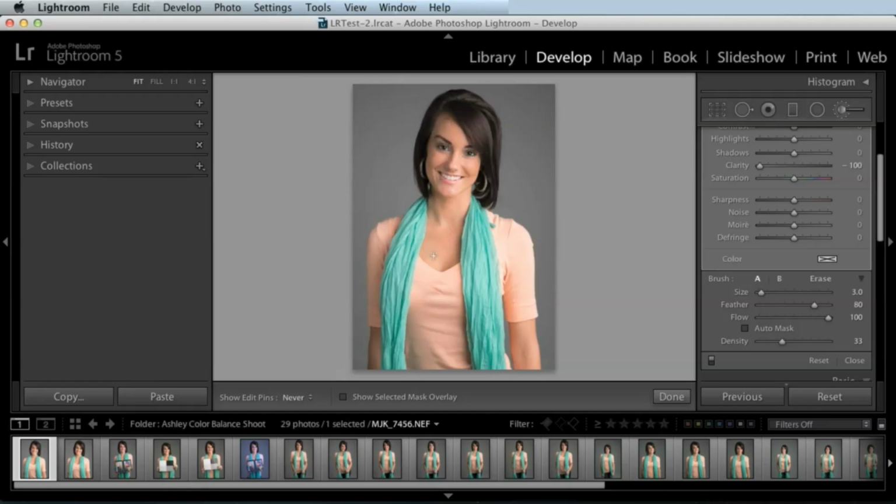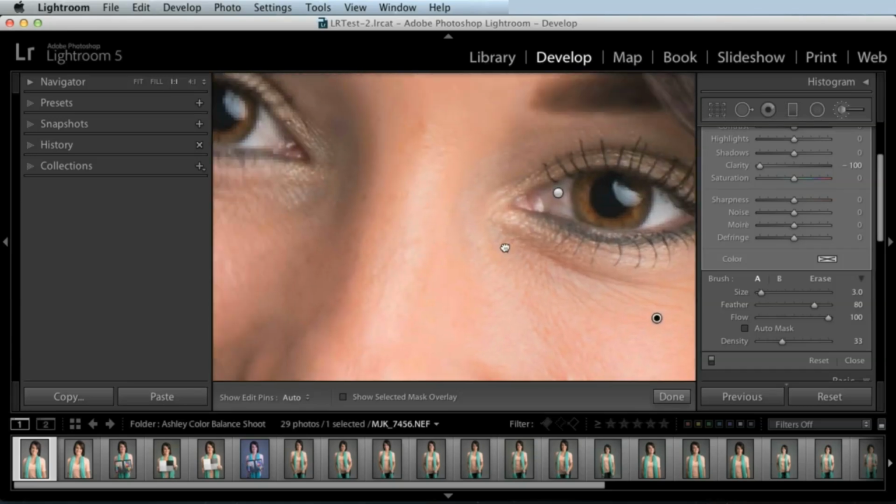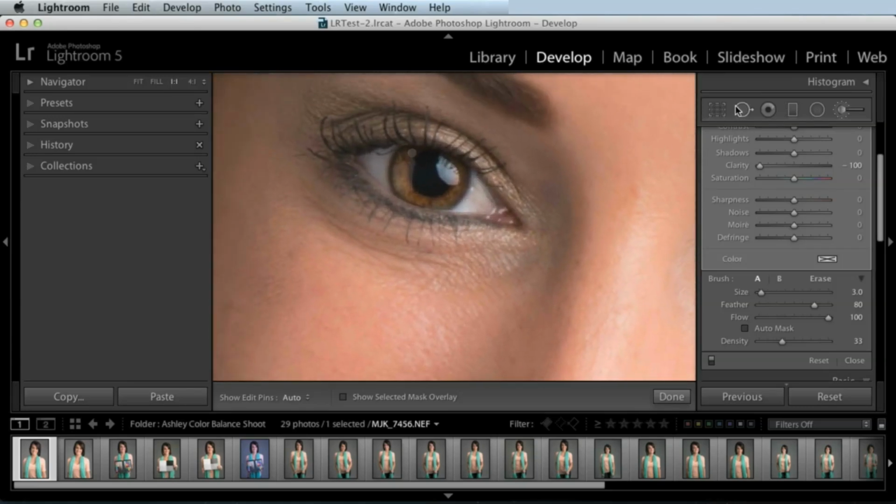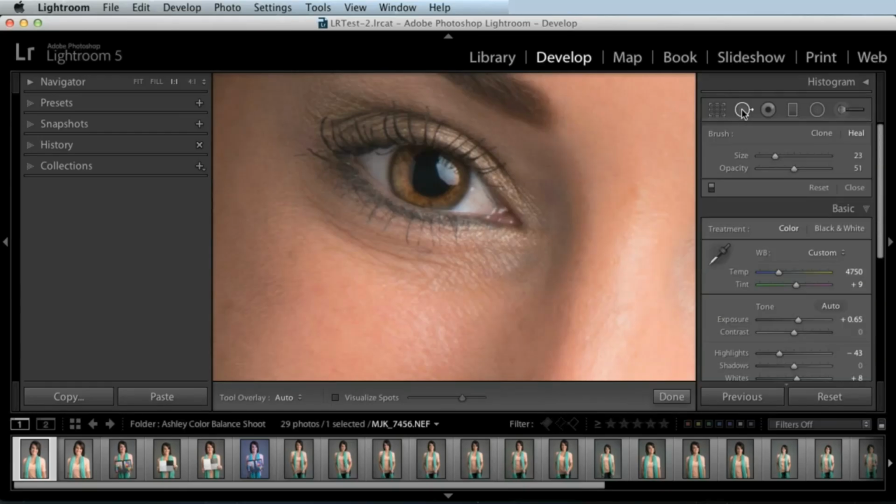All right. And then the last thing, it doesn't really have anything to do with the adjustment brush, but since we're talking about portrait retouching, let me zoom in and let's talk about a couple things. We'll jump over to the spot healing brush. We'll use the cloning and healing, mostly the healing. And maybe I'll just soften just a little bit of under her eyes here. And so I'll brush